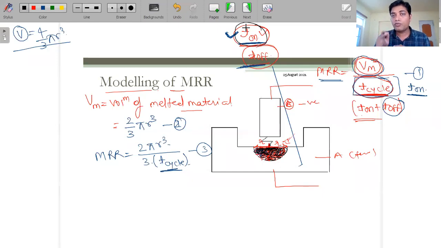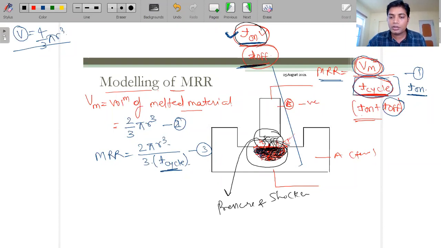So what we have to do for the solid to solid contact, or workpiece to tool contact, is remove the material from this zone which is already melted. Now how will you remove that material? You cannot just pull something and bring it out. That is not possible. So what happens when we T off is that whatever ionized column is formed will collapse. Because of the collapse, there is a formation of pressure and a shock wave.